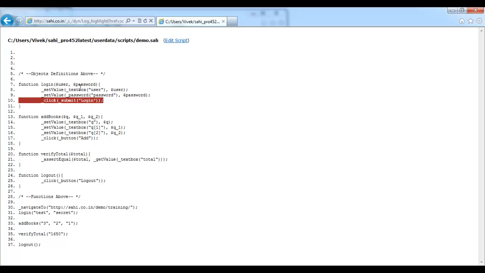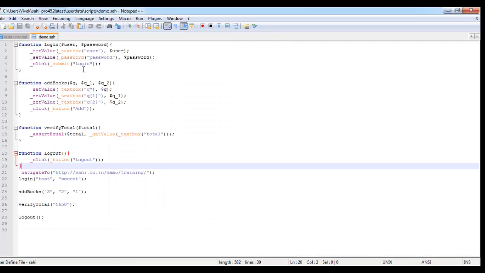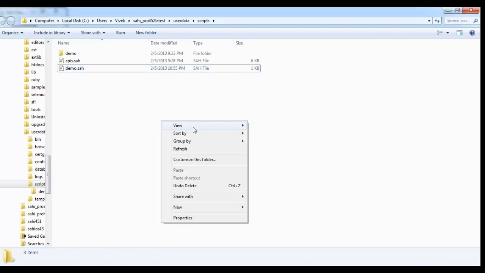So it takes me to this function login from where this _click was executed. Now I have a script ready with functions. What I can do next is to transfer these functions to some file to create a library which can be used by other scripts as well. To create a library of functions, I will create a different Sahi script